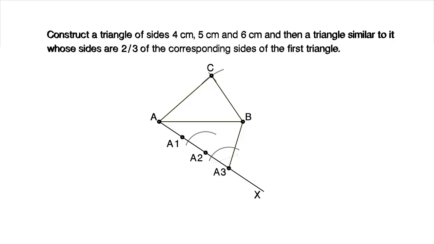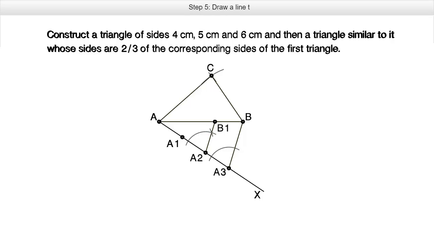Now, keeping the distance constant, keep your compass at the point of intersection where the line AX and the arc that you have drawn from where you need to draw the parallel line. You need to keep your compass and cut the arc of the same measurement and find the intersection point. Now join the point A2 with the intersection point and project that till it meets the line AB. Mark the point where it is meeting the line AB as B1. And this is the line which is parallel to the line A3B.